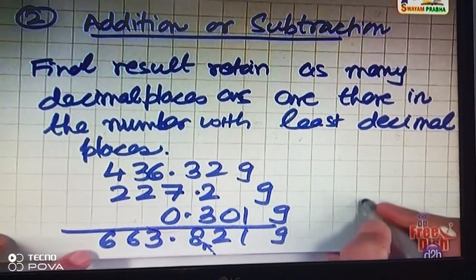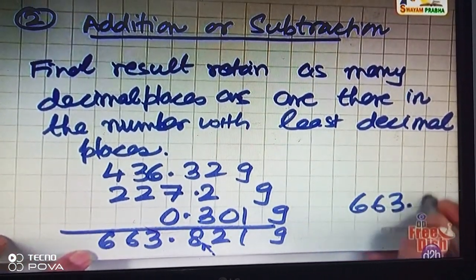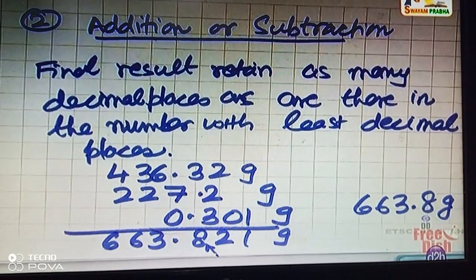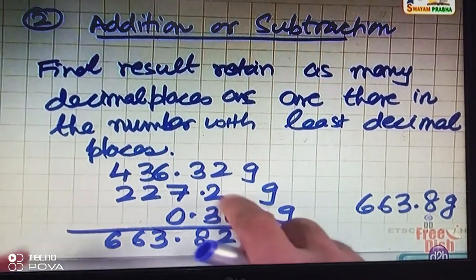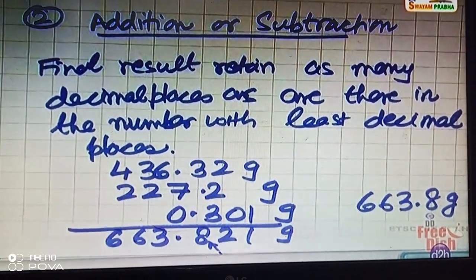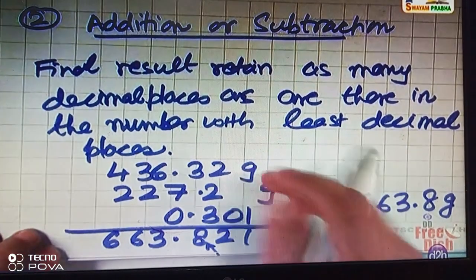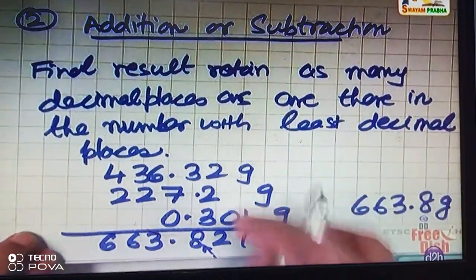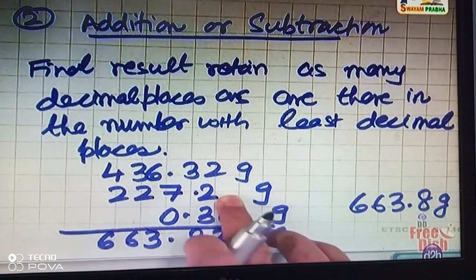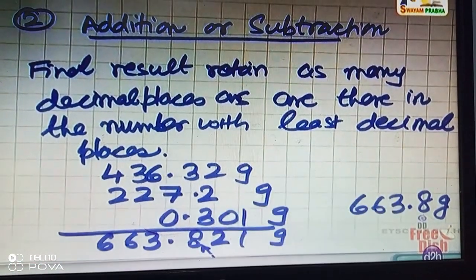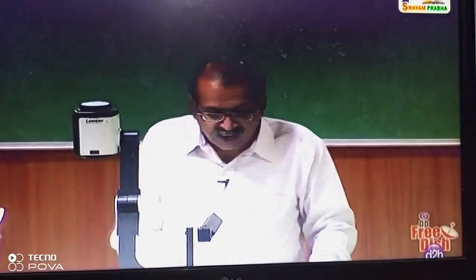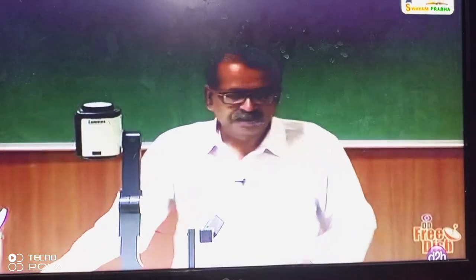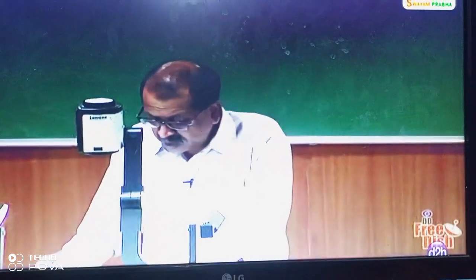So this answer should be reported as 663.8 grams. Because in this second digit, it could be 0.21 or 0.22 or 0.23. So adding something about which we are not sure will not make any sense. So that is why we have to do it like this. Now, here implicitly I have used the concept of rounding off, which you must be familiar with, but let us just